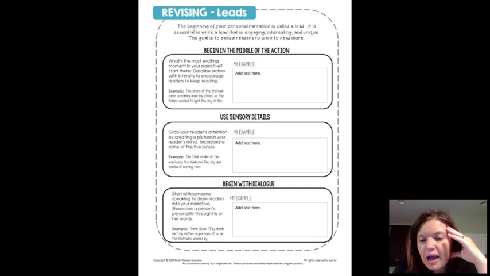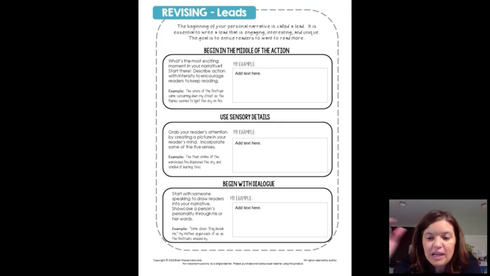So they're using the different senses to try and paint the picture in your mind of what exactly is happening. And you're like, what fire? Why is there a fire? You just want to know more about it. And then the last one that I want you guys to try is to begin with dialogue. You may have done some of these, but I want you to try, take whatever your beginning is and change it into one of these. And then after we have done these revisions, you might choose one of these to fix your lead to make it a little bit better or more enticing to grab your reader.